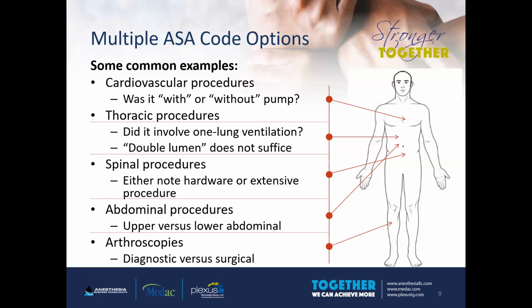And then a final example would be a situation where the surgeon will go in with a diagnostic scope, let's say a knee scope or a shoulder scope. And once they're in there, they may find something that they can fix during that same surgical session. If so, that diagnostic scope worth 3 base units will now become a surgical scope worth 4 base units. But unless you list the surgical component like meniscectomy or chondroplasty, then we're not going to know to give you